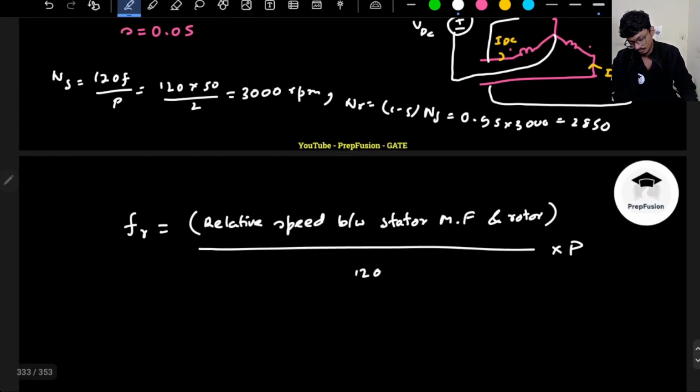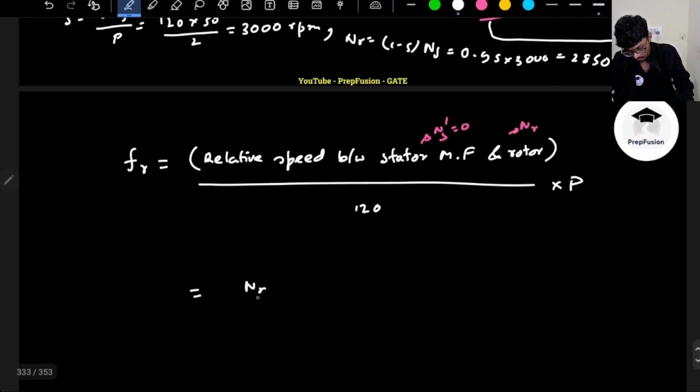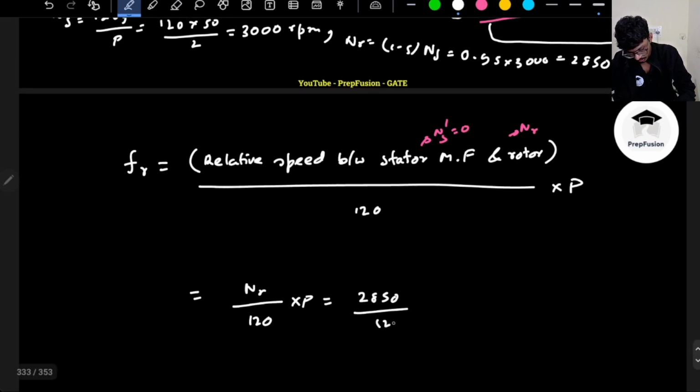So you will say, sir, as we have applied dynamic braking, the relative speed with the stator magnetic field speed will become 0, NS dash will become 0, and the rotor will still rotate at that instant with speed NR. So your FR will become NR into NR divided by 120 into P. So you will say this will be 2850 into 120 into the number of poles, that is 2, sorry, divided by 60. So this will come out to be 47.5 Hz, and you will be wrong, because remember, the number of poles also